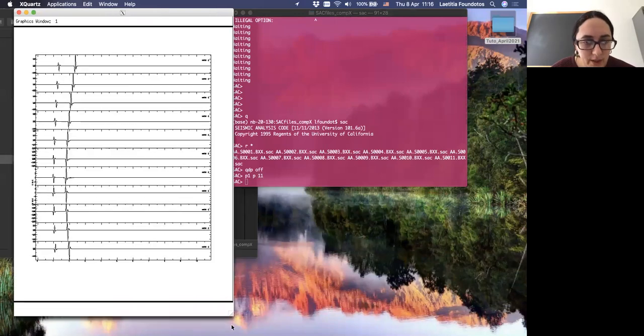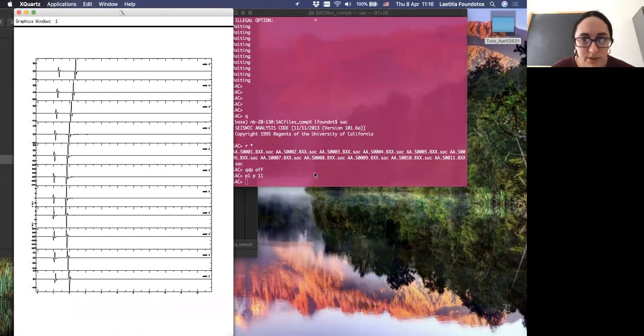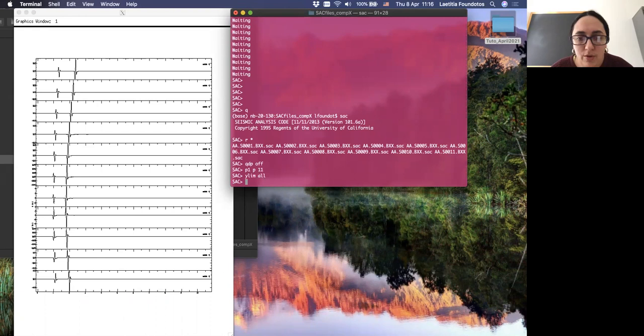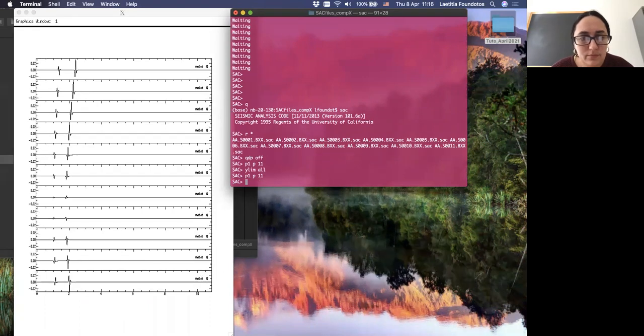Let me make the window a little bit bigger. This is useful: I can indicate that I want to have the same axis for all the seismograms. Okay, so now amplitude is scaled, and it's the same for all.